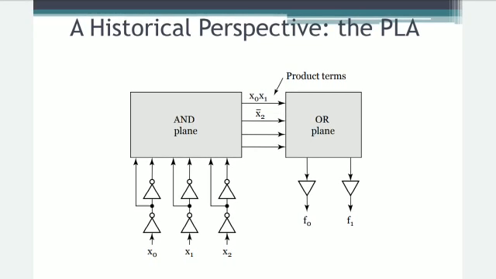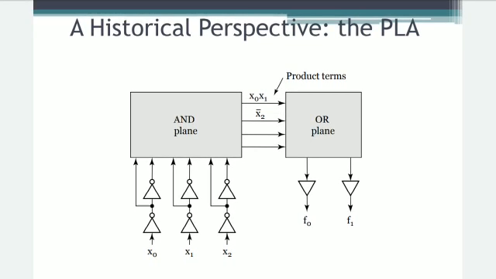As shown in this slide, a first layer of gates implements the AND operation, also called product terms or minterms, while the second layer realizes OR functions, called the sum terms. Hence, a PLA is a rectangular macro cell consisting of an array of transistors aligned to form rows in correspondence with product terms and columns in correspondence with inputs and outputs.